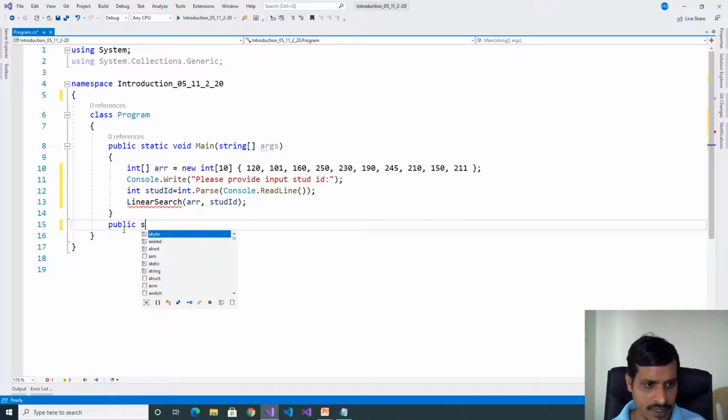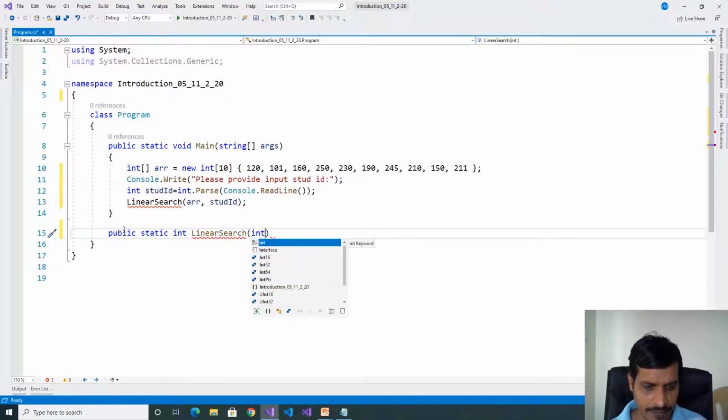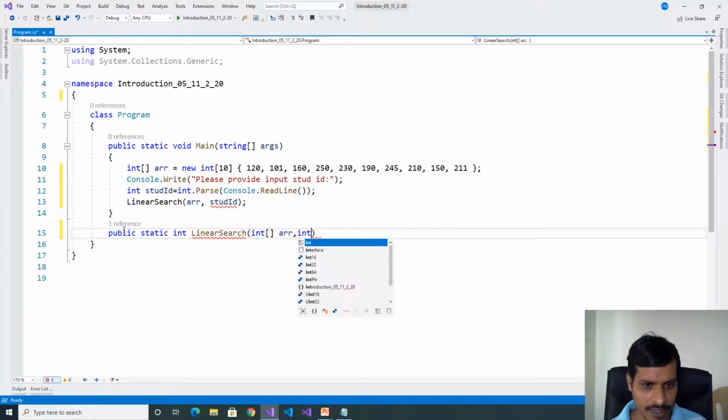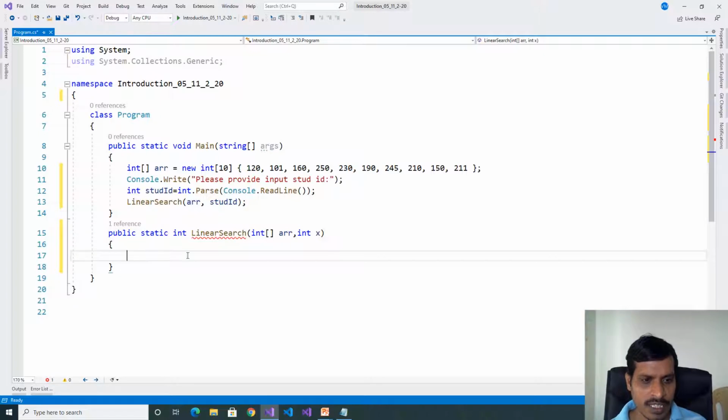Public static int LinearSearch and declare two parameters, int[] arr, comma int x. Here this function takes an integer array and an integer value as parameters.